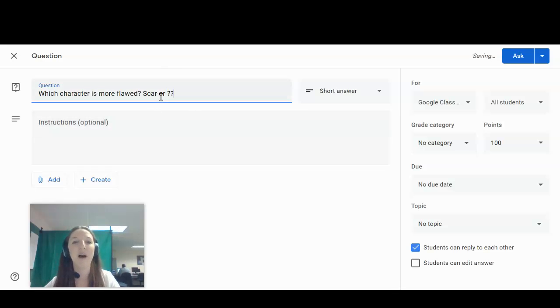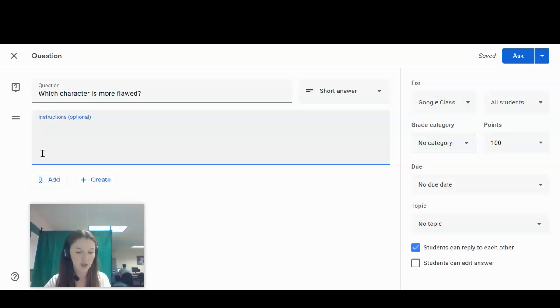I don't have a good question in mind, but you might give them 2 characters from a story you just read and ask them for an opinion. You might have them justify a math problem, whatever it might be. You would post that as a question here. You might even give them instructions to